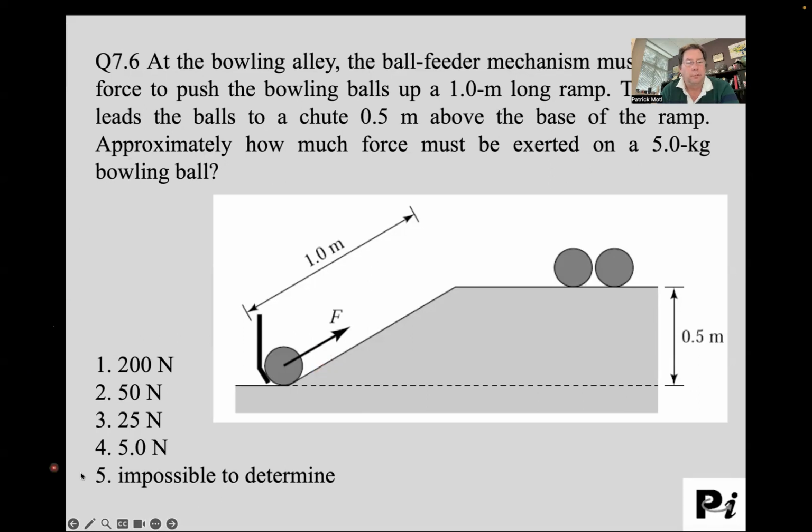All right. This force F has got to be 25 newtons. And there's a few ways that we can see this. So the work done to lift the ball up a half meter straight up, we can think of as the weight of the ball times this displacement of a half meter. So it's a 5 kilogram bowling ball. Little g is about 10. So it's a 50 Newton weight. And we are raising it by a half meter. So that is going to correspond to